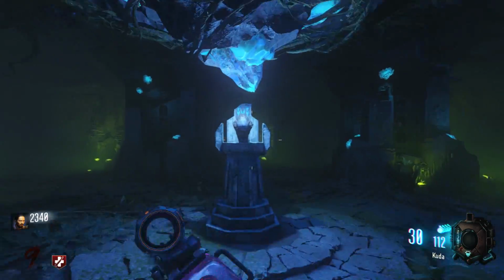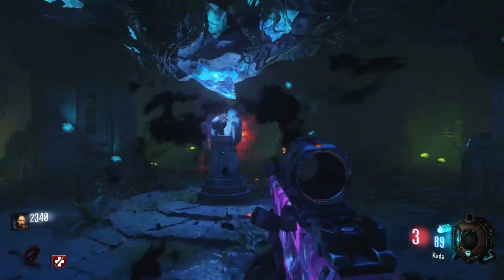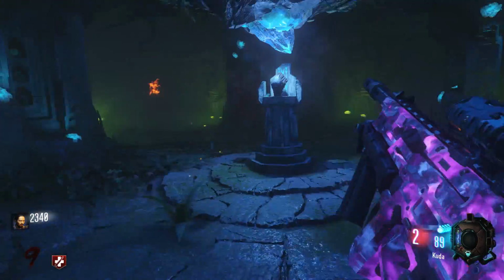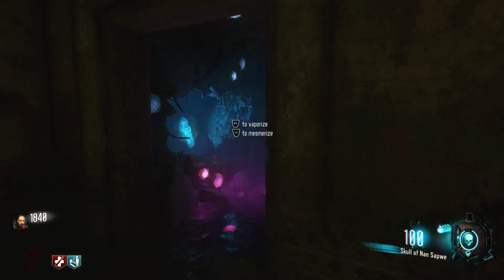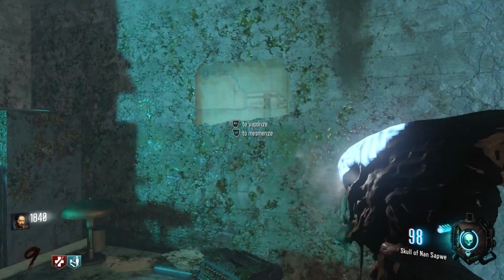In here, you don't get XP either, sadly, so just go ahead and shoot the keepers. You don't really have to knife them. You can knife them, it will kill them in one knife, but I tend to shoot them. Grab the skull. Once you have the skull, head on into the bunker, into the cocoon room,